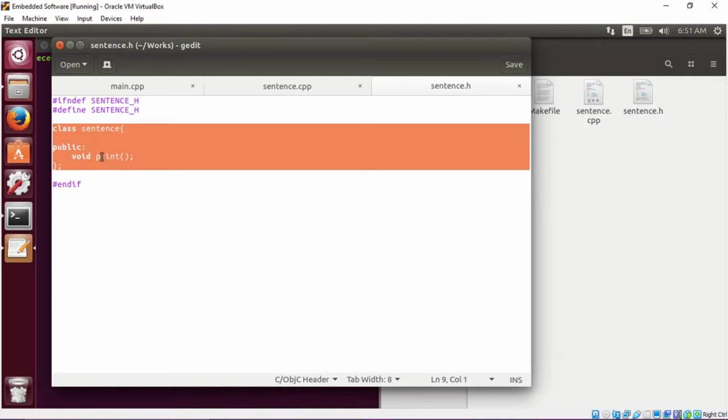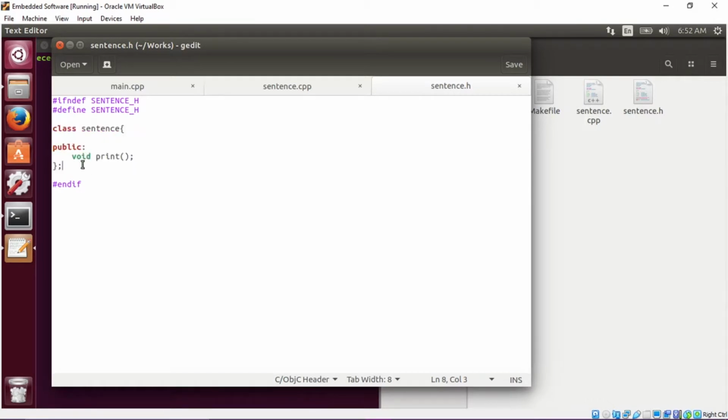It allows it to be executed only one at a time. So here we have defined a class and we name it sentence. Here we have our print function, which comes from the void. So if we go to the sentence.cpp, we're going to see our sentence object here